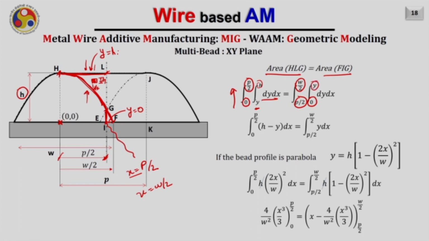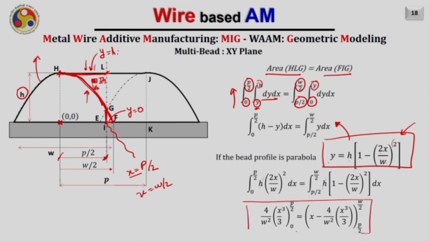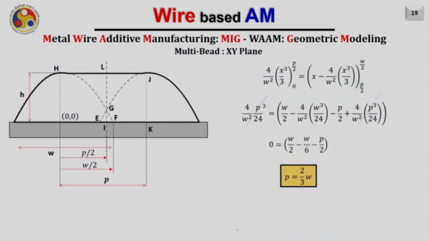We know that this curve y is nothing but the shape of the parabola, which we have already derived, and the equation of that was y equals h(1 − 2x/w)², as you are seeing here. So now I can replace this value of y in this equation and further do the integration. After simplification I will obtain this equation, and after putting the limits and further solving it, I will obtain the value of p,